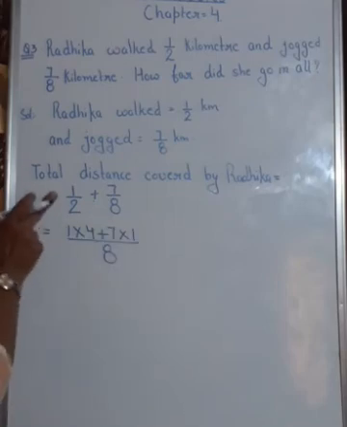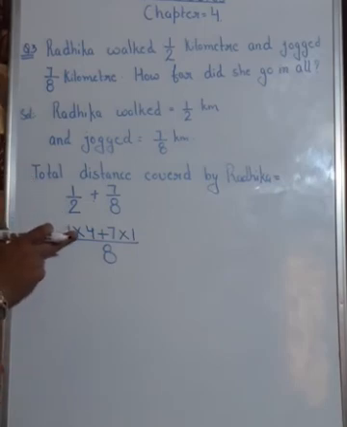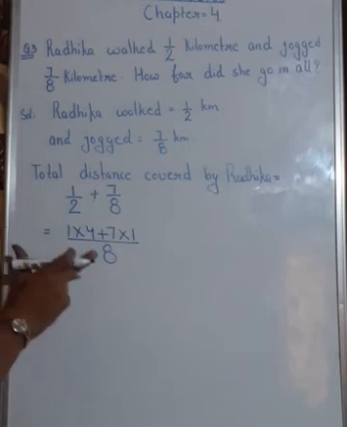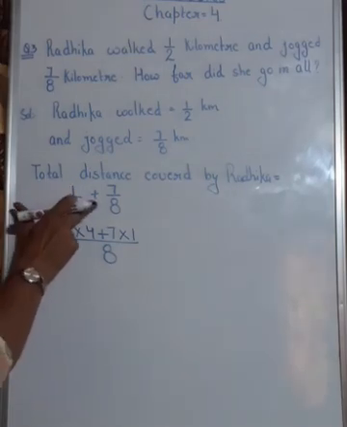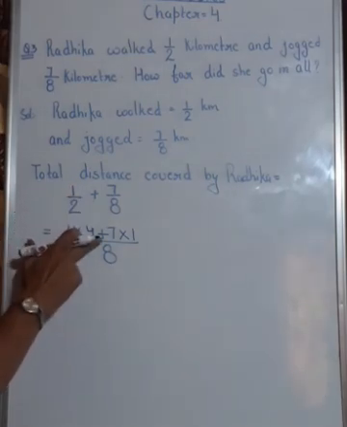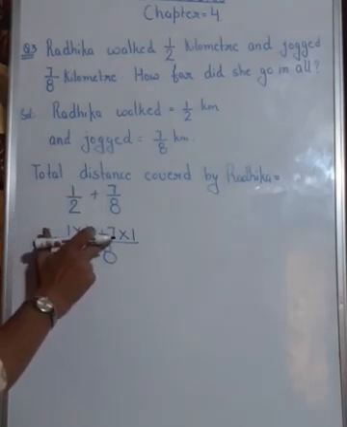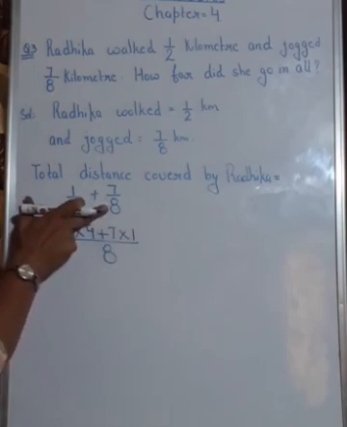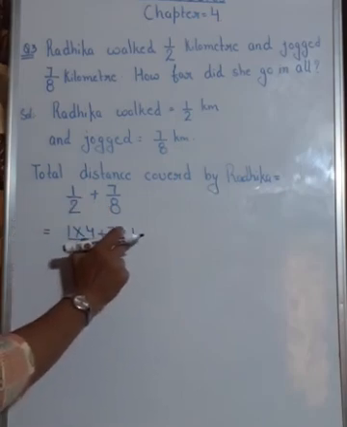Clear? First, you take this fraction, write down the numerator as it is. Then put a multiplication sign and go with the denominator. The denominator is 2. In the 2 table, how many times does 8 go? It goes 4 times. So I have written 4 over here. Done with this fraction. Then we have a plus sign, so I have written a plus over here. Now come to this fraction. First write down the numerator, then put a multiplication sign, then come to the denominator. In the 8 table, 8 goes how many times? 1 time. So I have written 1 here.